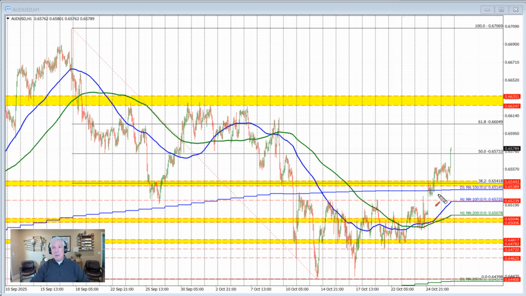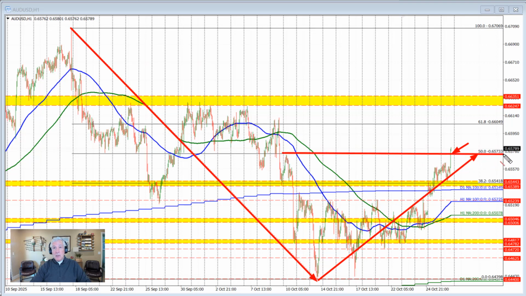As you can see, we are trading to new session highs, and in the process, it's getting above the 50% retracement of the same move to the downside. That's even more positive for this pair from a technical perspective. If we could stay above that level, that would be bueno, or good, for the price of the Aussie versus US dollar. By the way, that 50% retracement high price also comes near this high price right here.